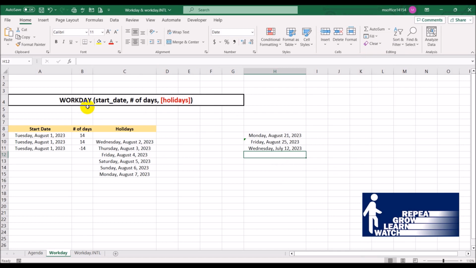workday function. Now, like I said, workday always has Saturdays and Sundays as your weekend. Now, supposing you have Sunday and Monday as your weekend, or Friday. In some Middle Eastern countries, Friday is a weekend. So this function would not be able to cater for those circumstances. This would only work when you have Saturday and Sunday as your